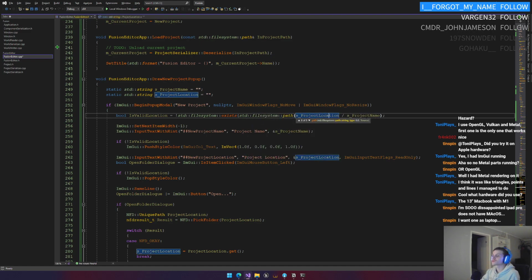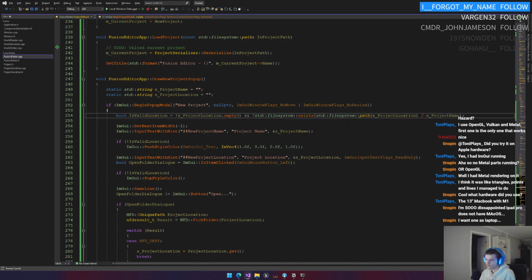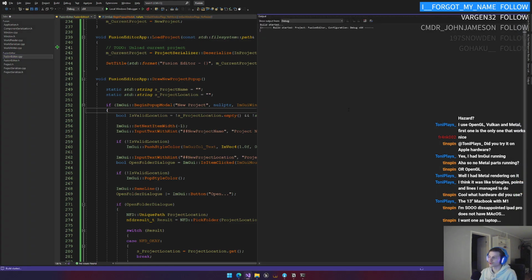Need to make this an explicit file system path to do that. Assuming we have this not empty and that exists. Kind of need to check if project name is empty as well, but